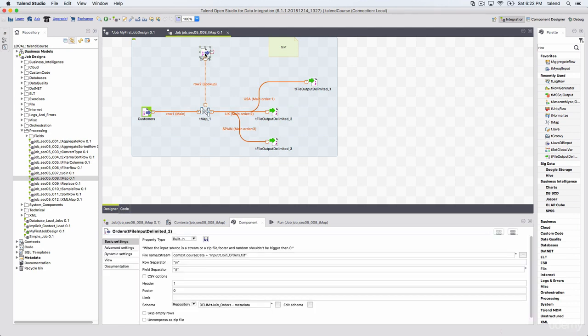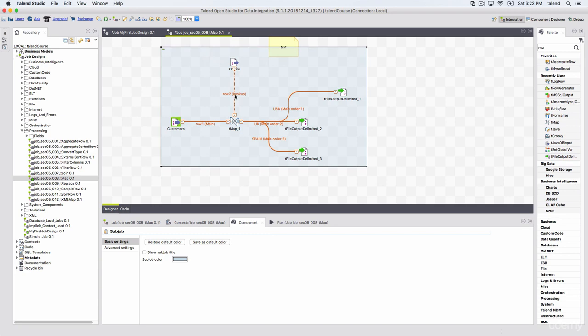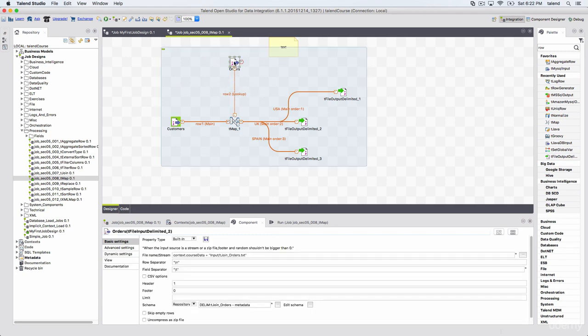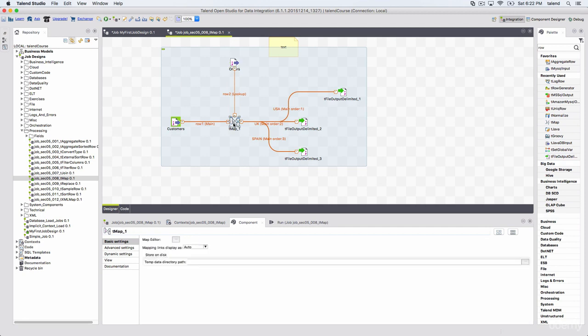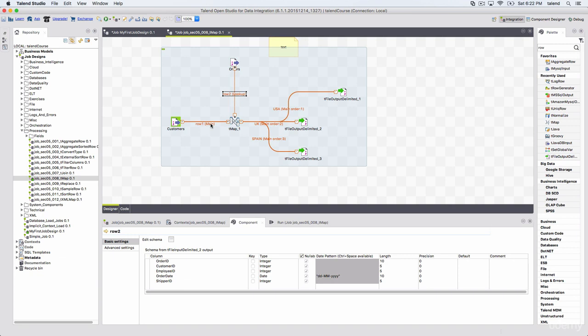So as you can see, this is a lookup connection. We have our source, we have our target component, and these two are connected with a connection type called lookup. A lookup connection is only used when you have multiple input flows.